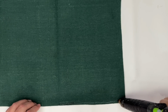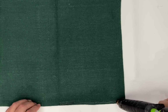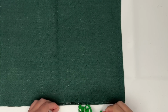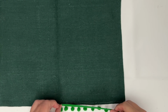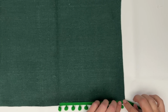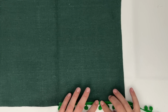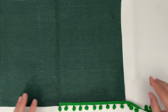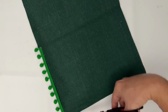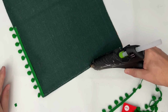I'm not putting a whole lot because there's kind of a part 2 of the glue, and we'll be adding more for sure at that point. So we are going to trim half of this placemat out with our pom-pom trim. So once again, just a little bit of hot glue, and then measure this out a little bit. And by the way, my centering was not good in this video, so we're just going to apologize for that right up front. You'll see sometimes I get it right, like right here. But anyway, we're going to be adding more glue, and we're going to go around the bottom half